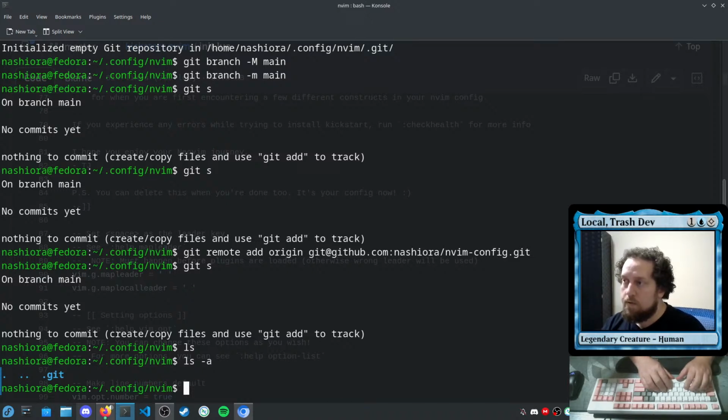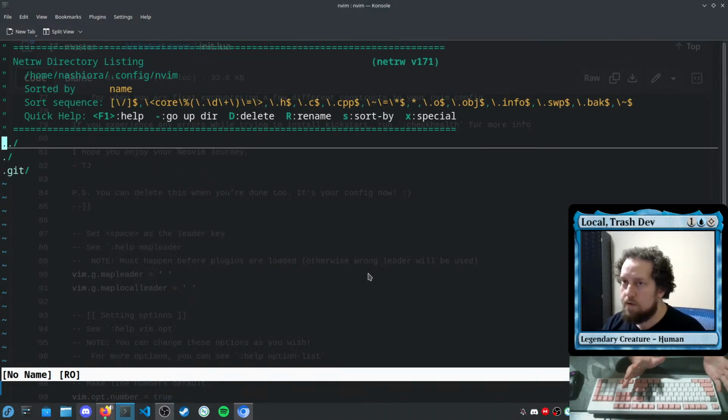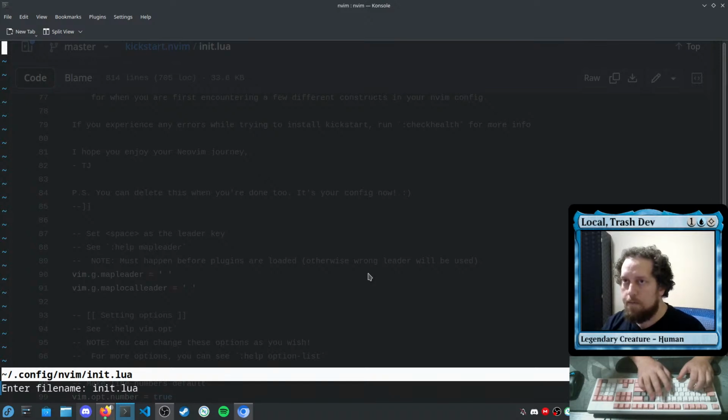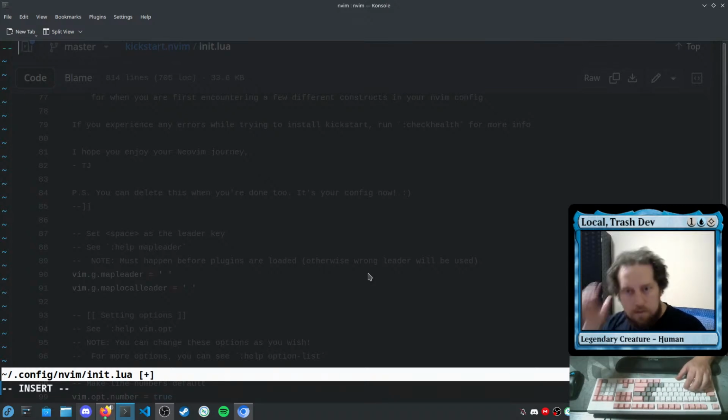We don't need to git ignore yet. I'm just going to nvim dot to get us in here. What's the new file? Because capital D is delete. Percent. Enter file name. I want init.lua. Boom. So for init.lua,